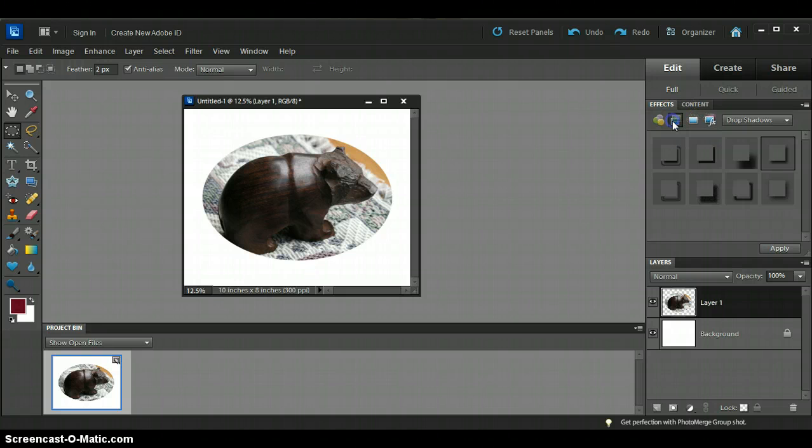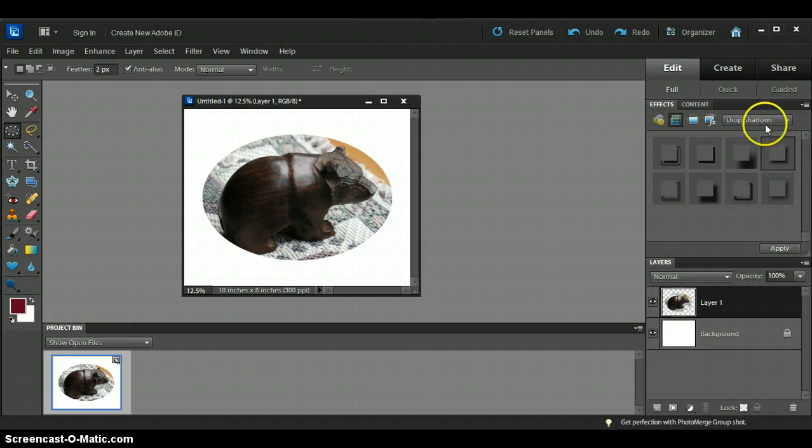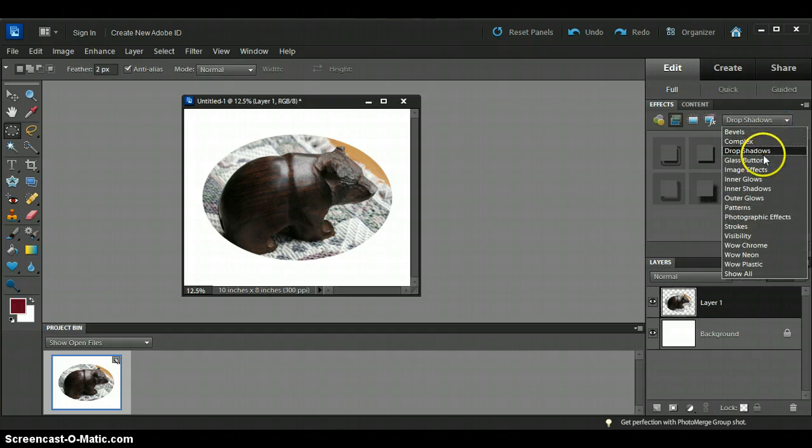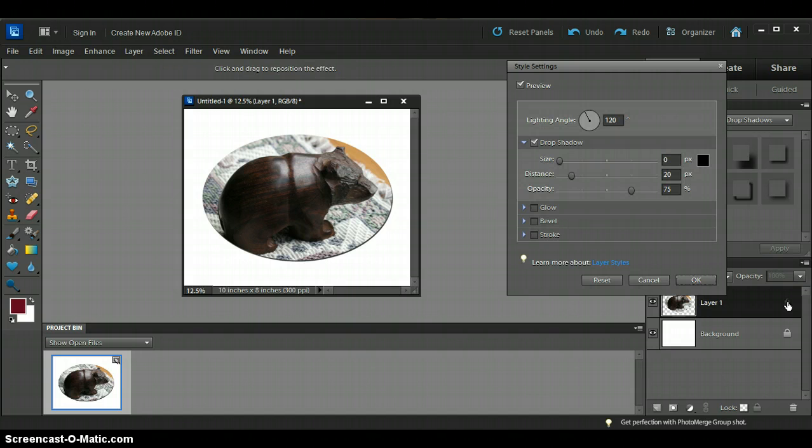For example, if I click on layer styles, I have a drop down here. The first thing that comes to mind is drop shadows. Okay, it's right there, drop shadows. So if I click drop shadows, and let's say I choose this one right here, double click it. Okay, you can see I gave a little edge to that oval there. If I go on your layer here, on this FX icon, I can double click that. It brings up a dialog box to